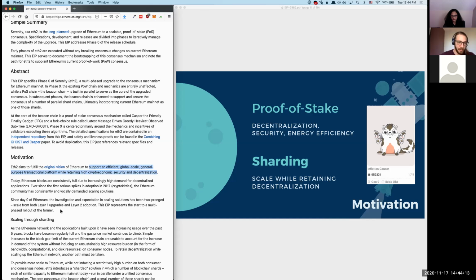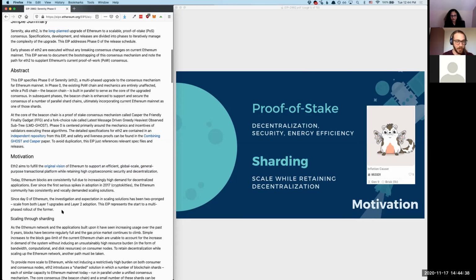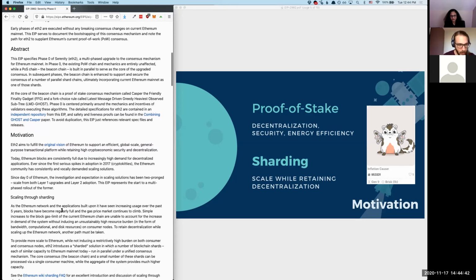And since early days in Ethereum, there's been discussion of both scaling the layer 1 protocol to handle this and exploring layer 2 things such as channels and rollups and all that kind of stuff to get to this end goal. In my opinion, and I think most these days, it's going to be a combination of the two to get us to that global scale. And so what this EIP aims to do is to take the step forward towards layer 1 being able to handle more scale.